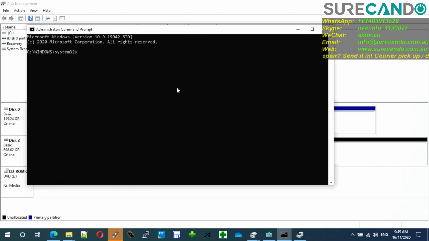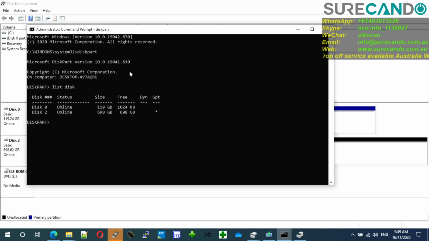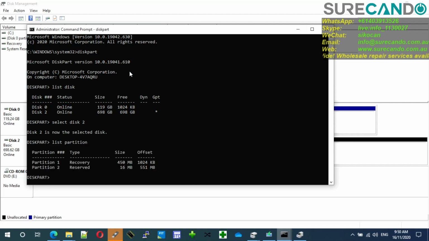Okay, so we'll do it all in the command line. So what you do, you open this part and then list disk. Now be careful to select the right disk. So I'm going to select disk 2, list partition. You can see the partitions that we have, which we cannot delete. So what we're going to do is delete partition